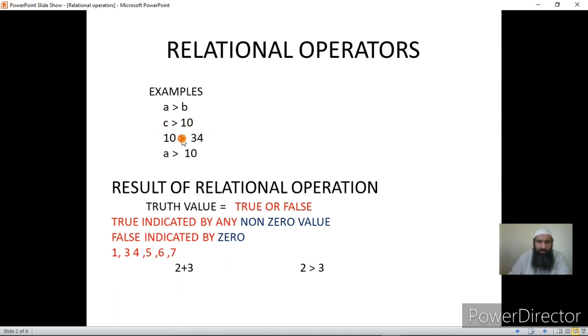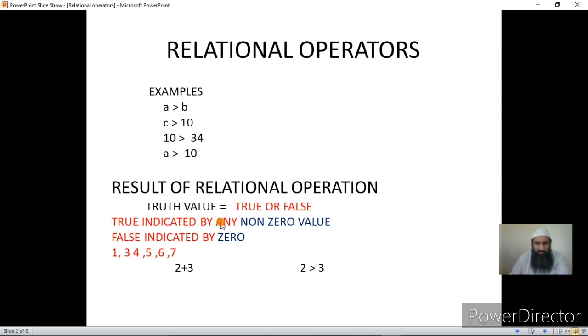So the relational operators are used to perform relational operations or comparison operations, and depending upon the comparison, if the result is true, then it produces the truth value true, and if the result is false, then the truth value false is produced. Okay, so the truth value is true or false. You remember this.